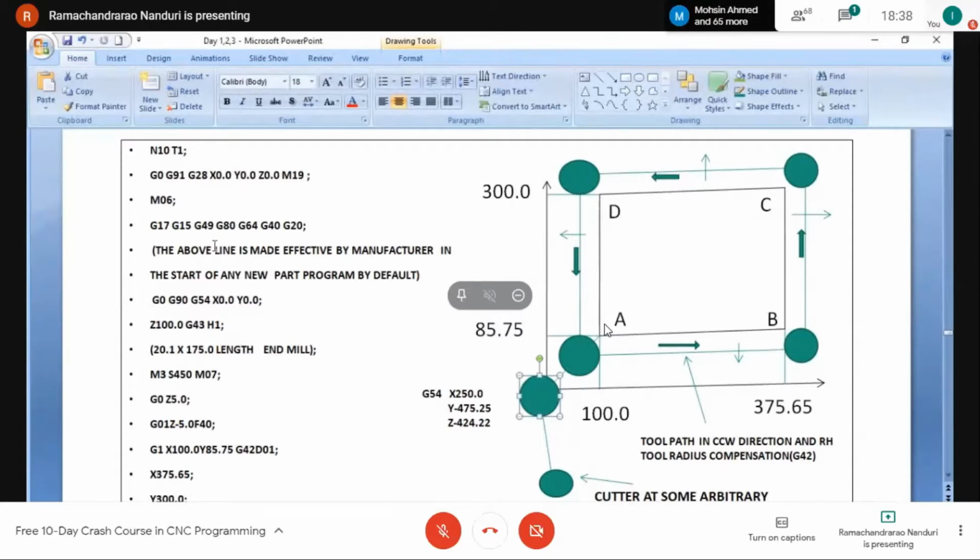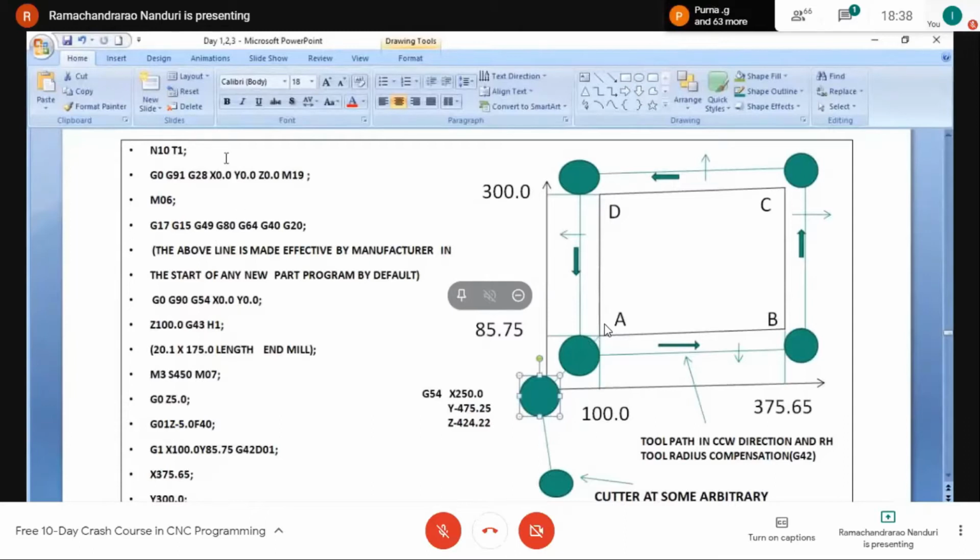Each block will be containing a series of instructions given by us, like N10 T1. In N10 T1, the first line is numbered N10, and T1 is the command, which means we are calling the tool number 1 into the spindle.